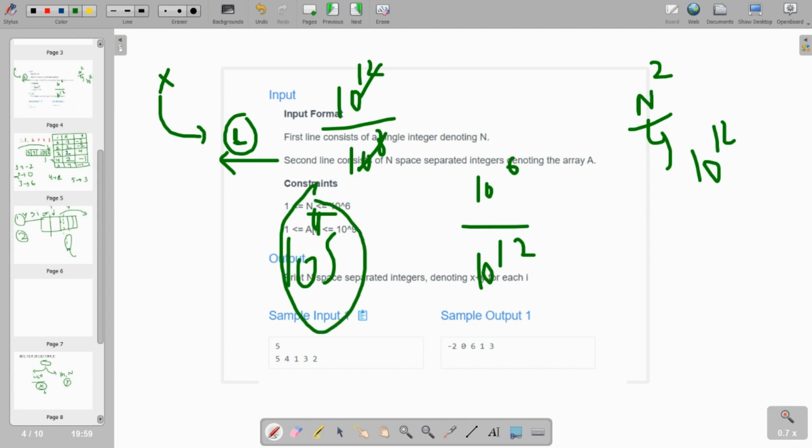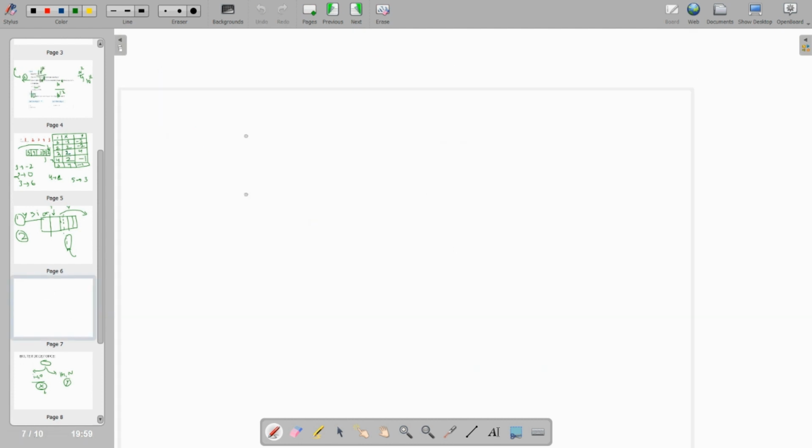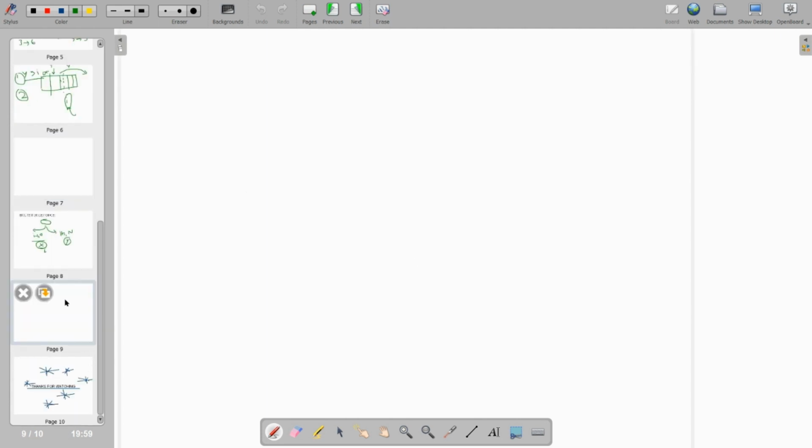Now let's come to the optimal approach. We have solved some questions on stack, like next greater element, so now we follow this approach.